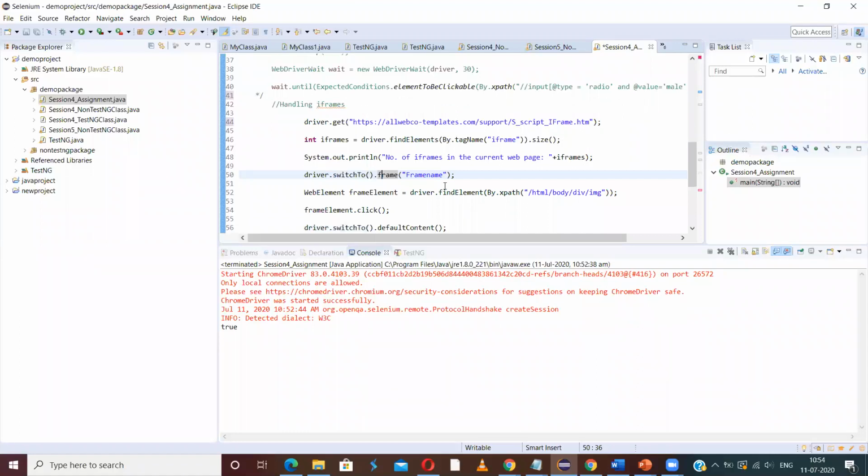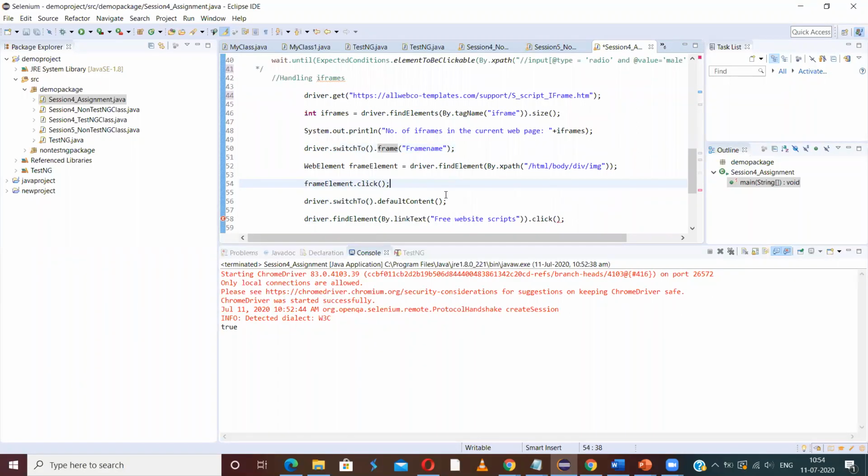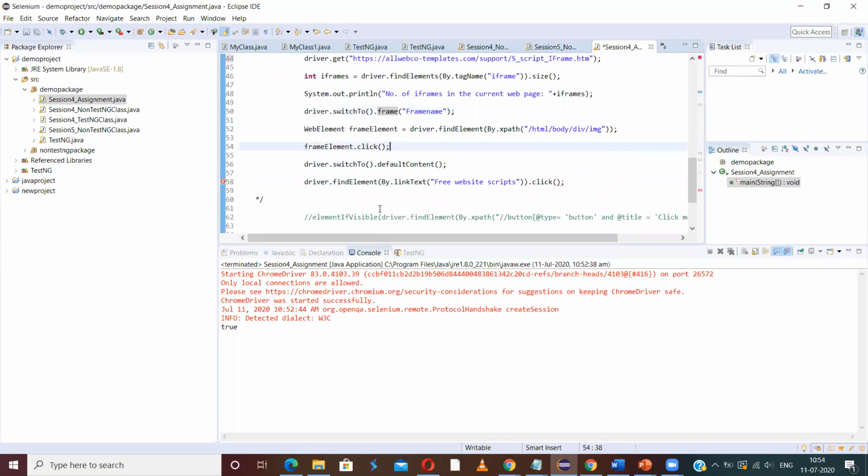Then the control moves to that particular frame, and inside the frame I am finding an element, which is an image, and clicking that image. After that I have to come back to the main page, for which I use driver.switchTo().defaultContent().